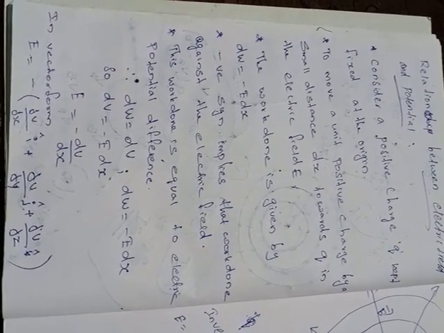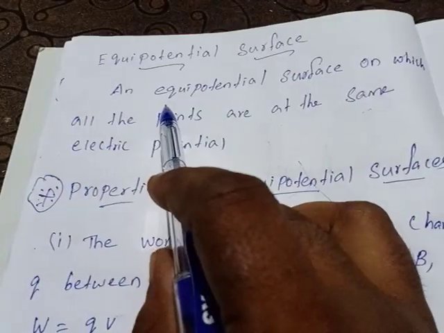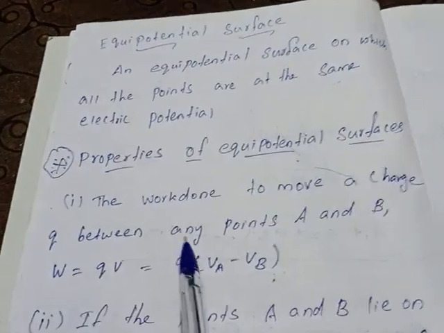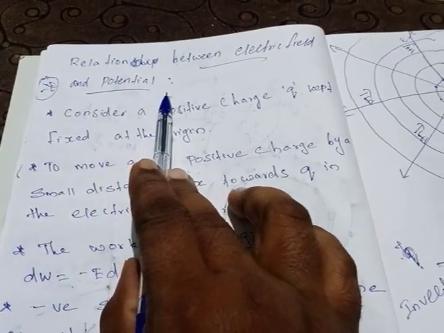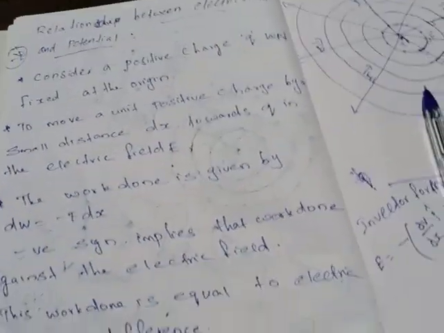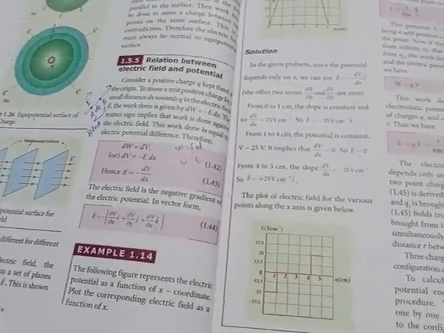Okay, and all of you take your notebook. This question is also one of the very important 3-mark questions in this unit. So today I have taken one important 2-mark question, equipotential surface, one important 3-mark question, properties of equipotential surface, and another important 3-mark question, relationship between electric field and electric potential difference. Those who have the textbook, you can refer to page numbers 31 and 32.